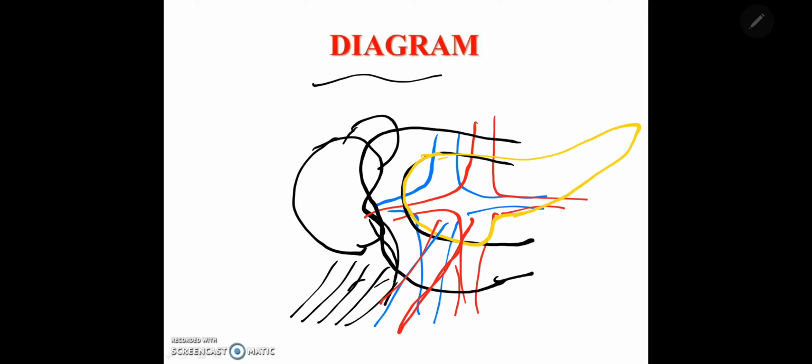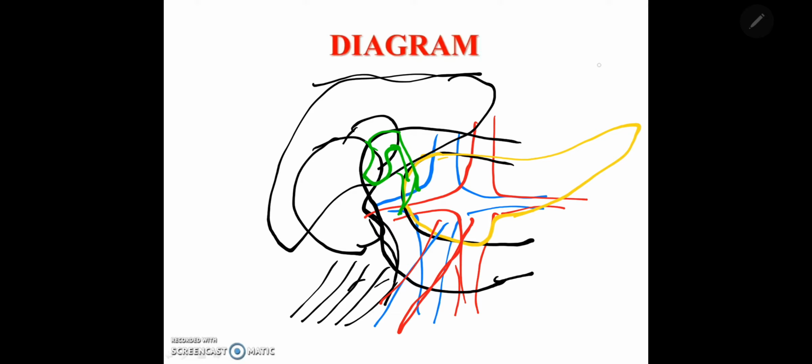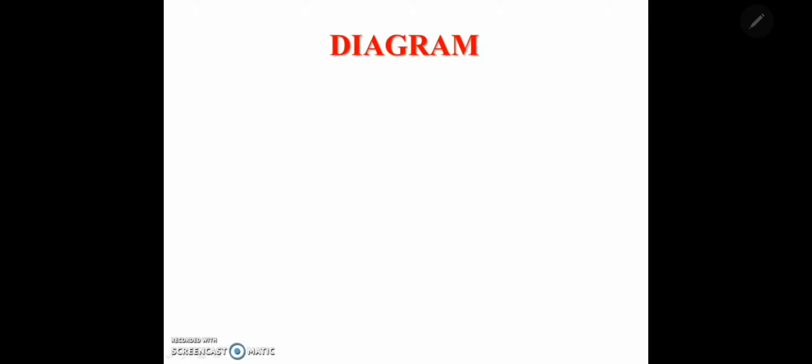So remember that anteriorly you are seeing the liver and gallbladder with the common bile duct, and you will also see the transverse colon here, right colic flexure, transverse colon is going in front of the second part. So in this diagram I am trying to explain you the different relations. You can show the relations of all the parts in one diagram. So try to understand that relations of the duodenum.